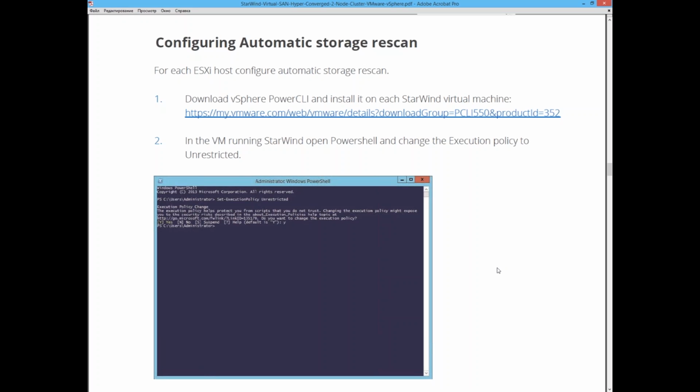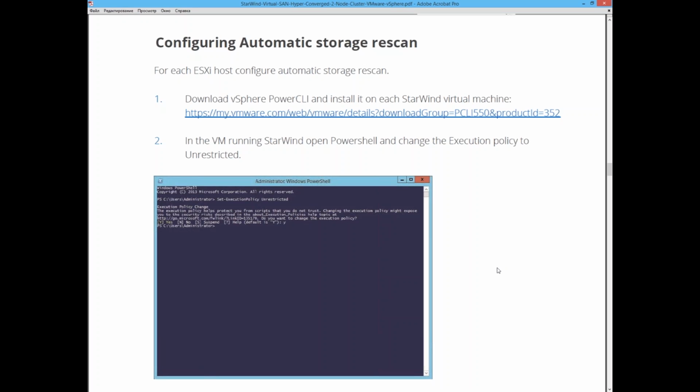Since StarWind Virtual SAN is a virtual machine on the ESX, the ESX is the machine which starts up first, the second one is StarWind Virtual SAN, and the last one is the StarWind service. And by the time the StarWind service is up and running,